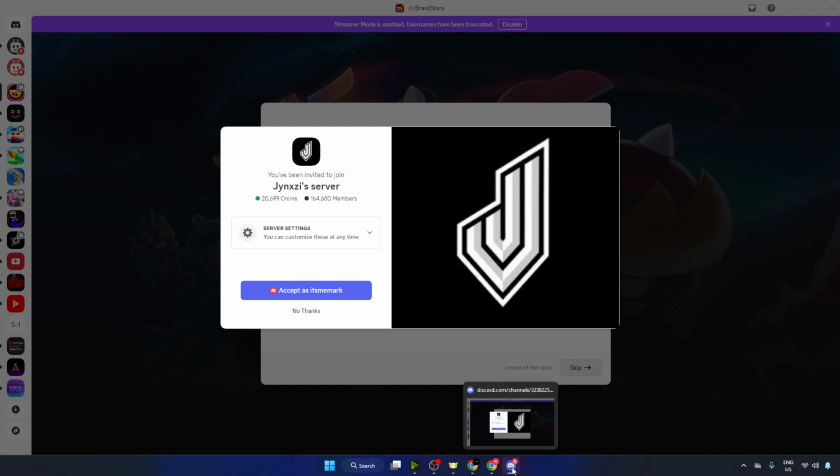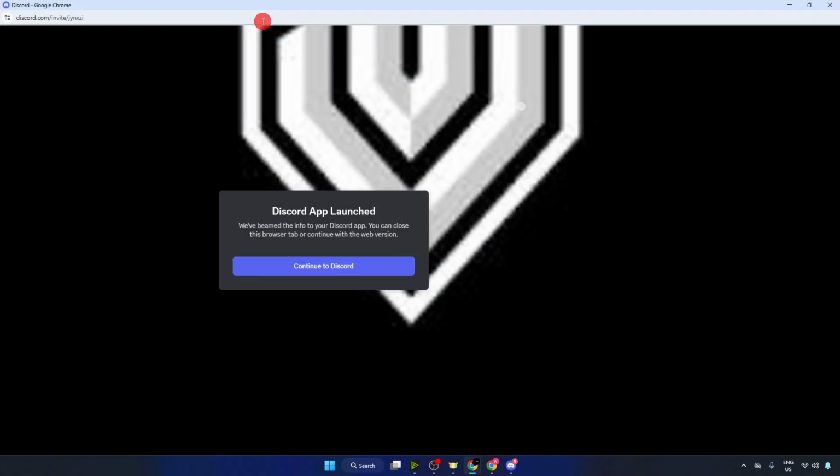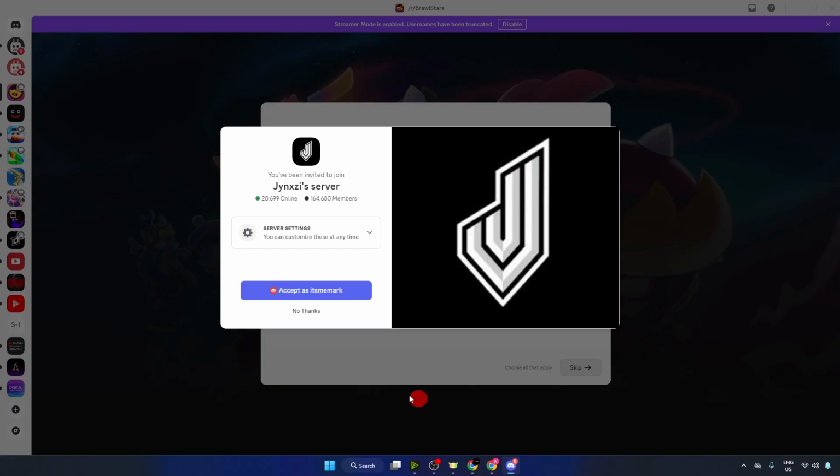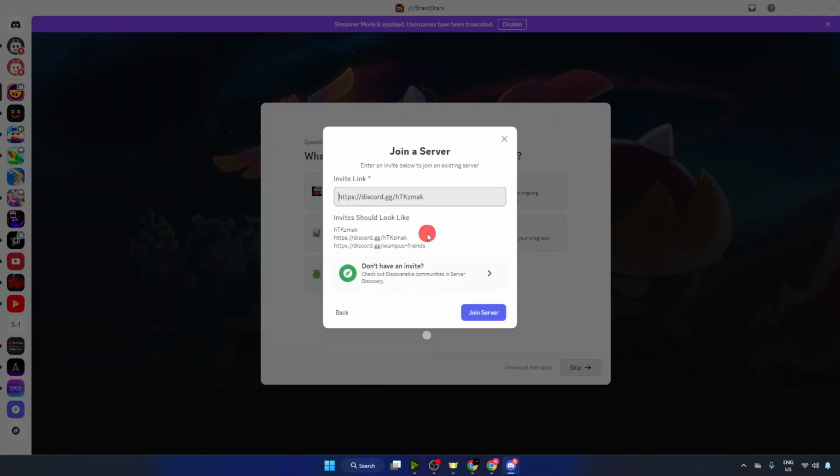Now if you can't join the server through the direct link, just go again on the browser, copy the link, open your Discord, go on the left side, click on add a server, click on join a server. There's the link over here and just click on join server. And that's it. You are good to